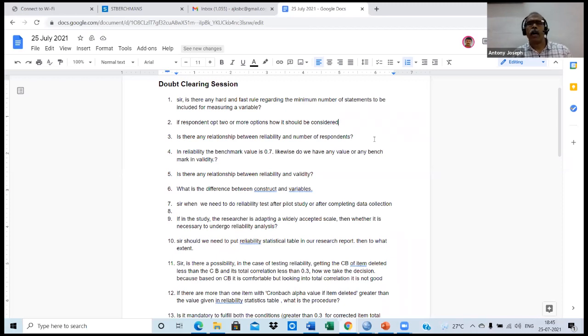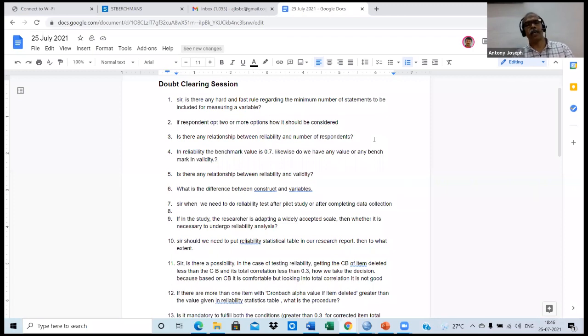In reliability, the benchmark is 0.7. Likewise, do we have any benchmark in validity? No, I will definitely tell you the requirements for validation in the next class. I have told about the theoretical aspects of validation, and that is actually not measured in terms of numerical values, but on the basis of a correlation. Is there any relationship between reliability and validity?